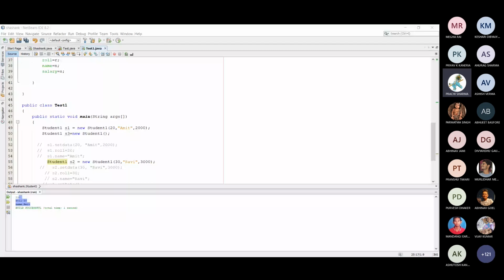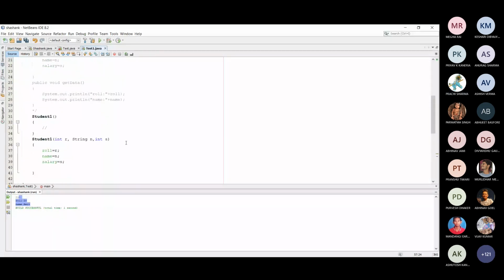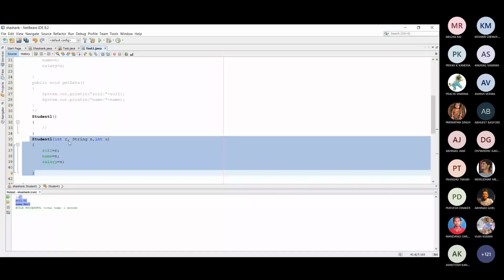Hello, sir. Sir, do we have to write this no argument constructor every time? No, there is no need to write a no argument constructor. If you have created a parameterized constructor, with its help you will be able to initialize all the fields of this particular class.